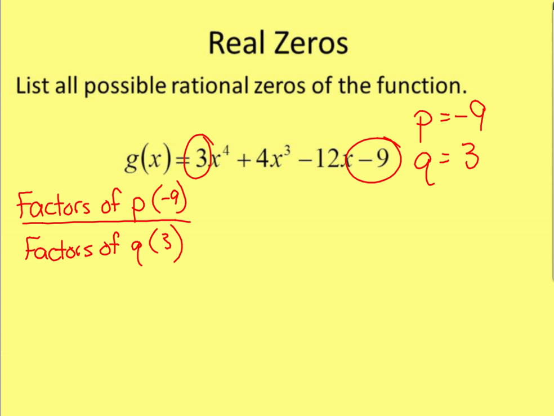So our factors of p are plus or minus 1, 3, and 9. Our factors of 3 are 1 and 3. So if we write out our possible zeros,